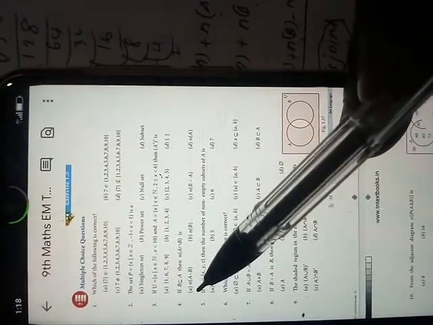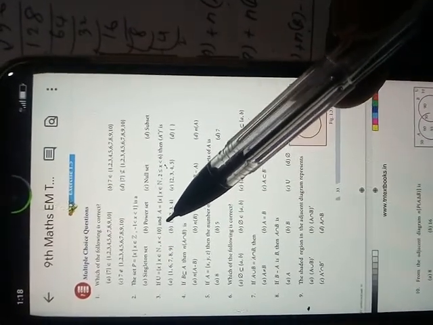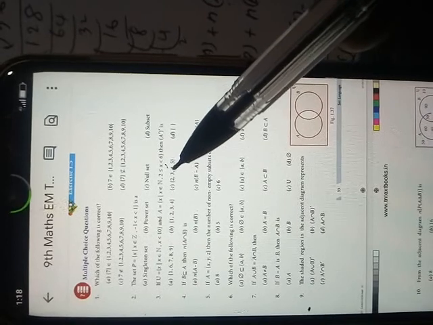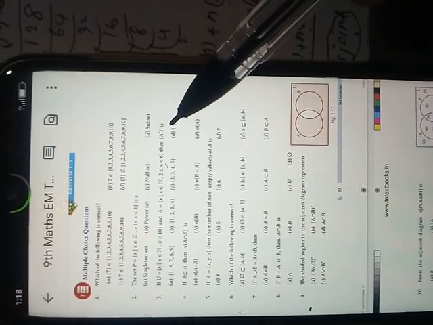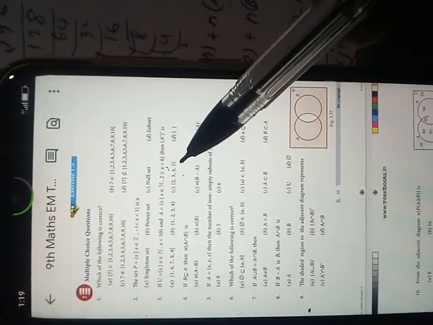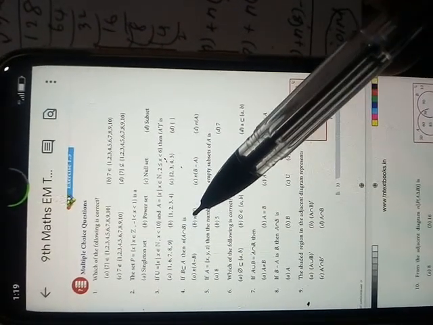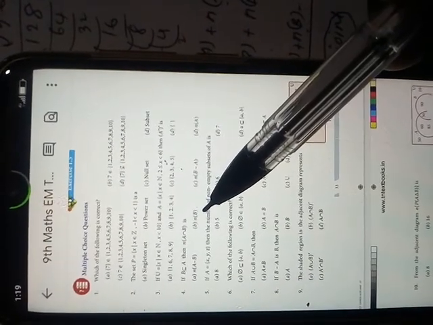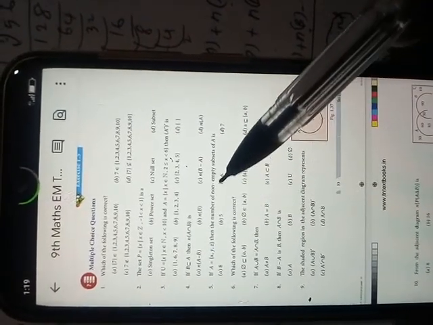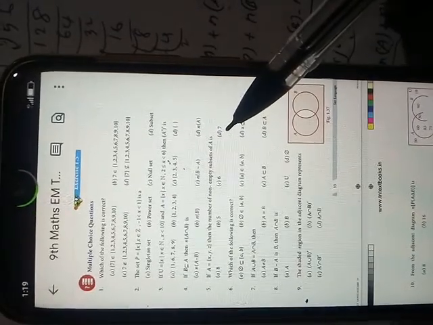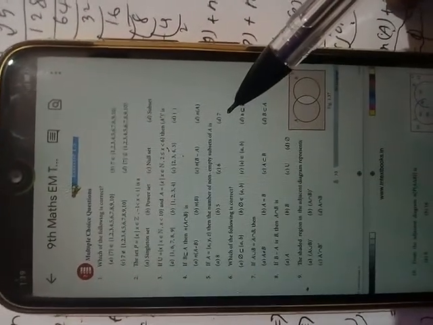Third one: U is equal to x such that x belongs to N, x less than n, then x belongs to N, 2 less than x less than 6. Then A dash: the answer is 3, 2, 3, 5. B is a subset of A and A intersection B is, the fourth one, n of B. Answer is n of B. And x, y, z are the non-empty subsets. The answer is 7.